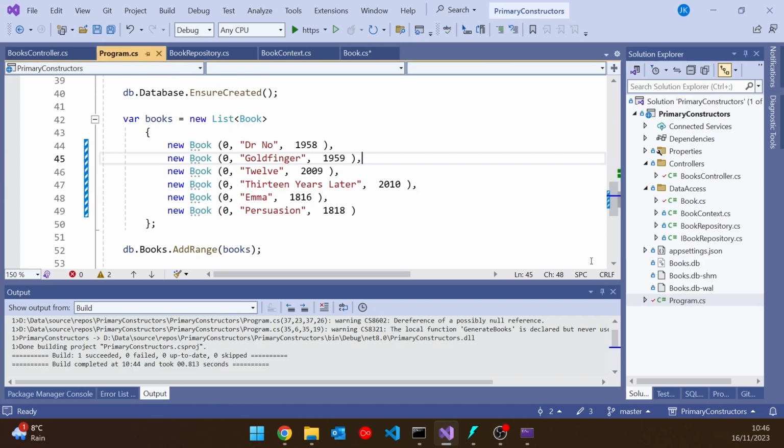So if we look in the program, we can see that's still all working fine. It's taking those three parameters. We could have done the other sorts of things you can do with constructor parameters, like default them or something like that. But what's being generated is now slightly different.